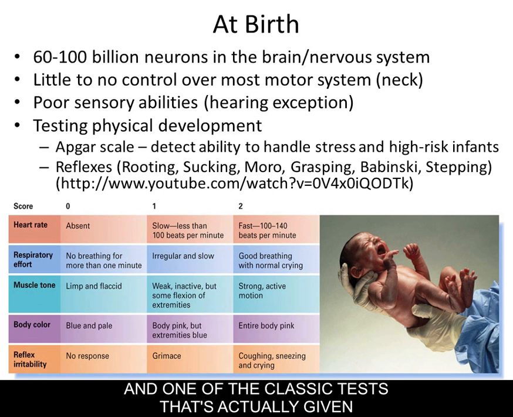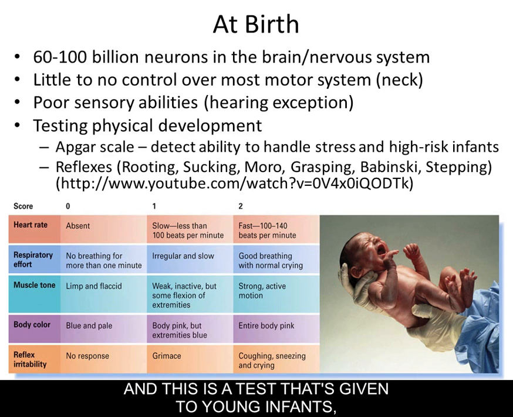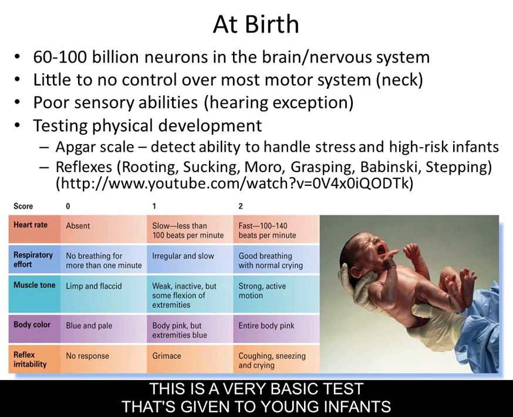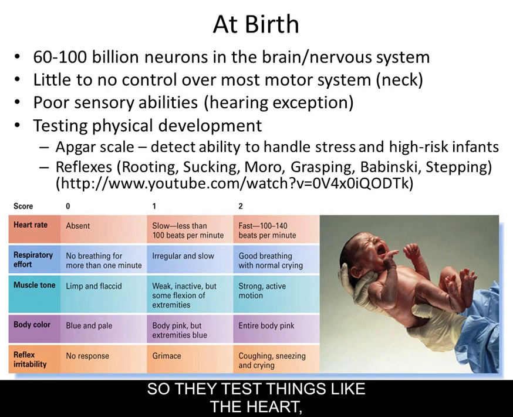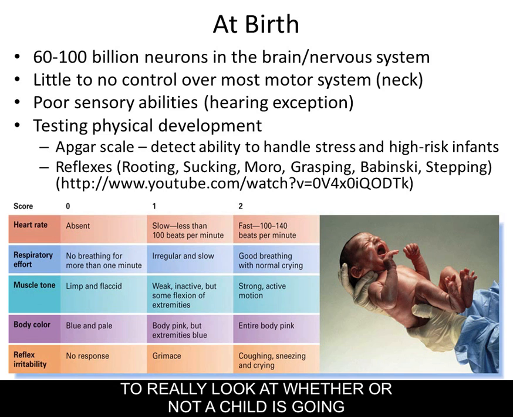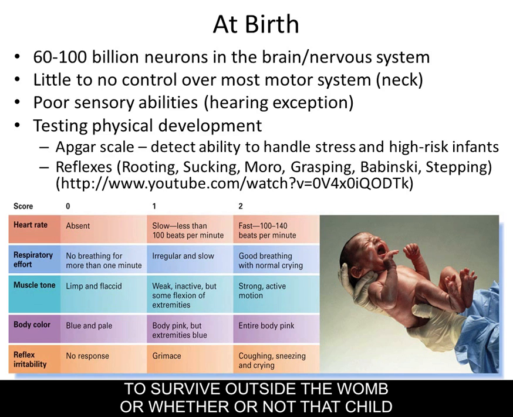And one of the classic tests that's actually given is something that we call the APGAR test. And this is a test that's given to young infants. It's not a written test or anything like that. This is a very basic test that's given to young infants to see if, or I guess try to detect any problems that a newborn infant might encounter. So they test things like the heart, the respiratory system, muscular tone, things like body color, or even basic reflexes, in order to really look at whether or not a child is going to need kind of rudimentary help in order to be able to survive outside of the womb, or whether or not that child is kind of fine